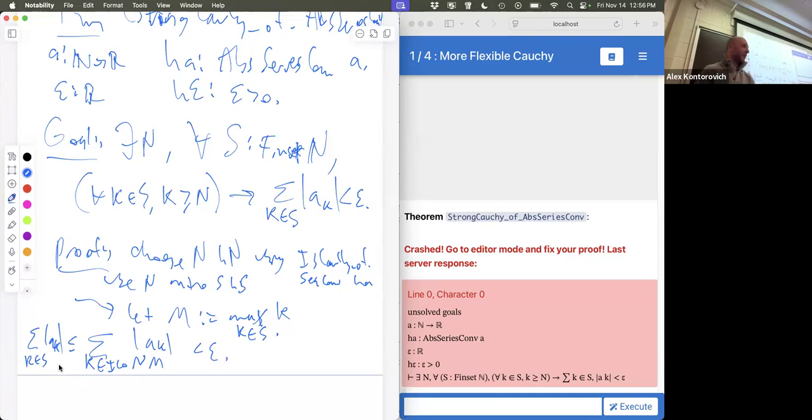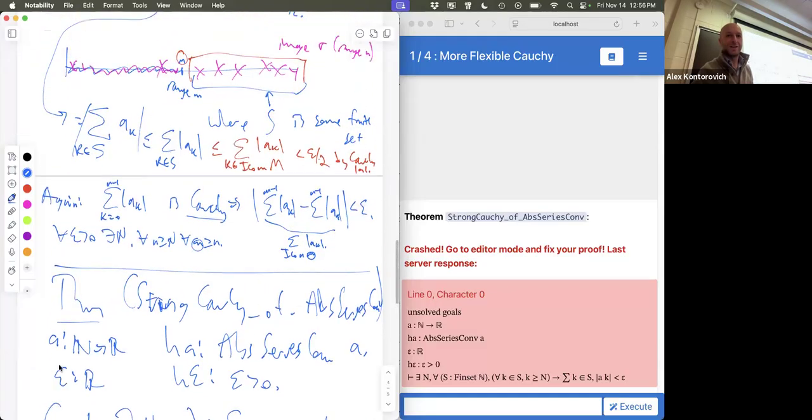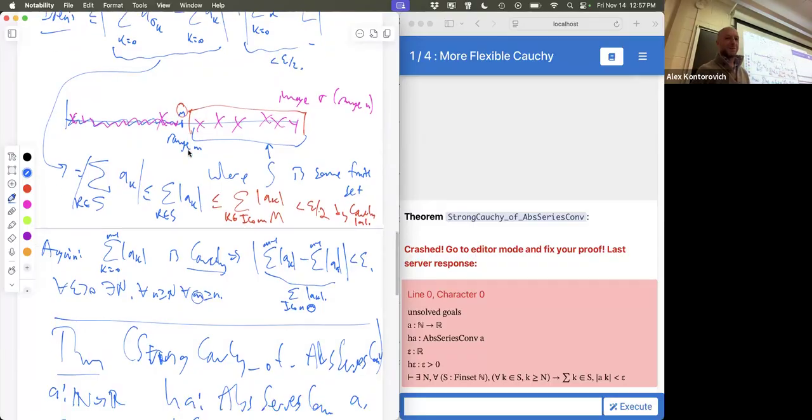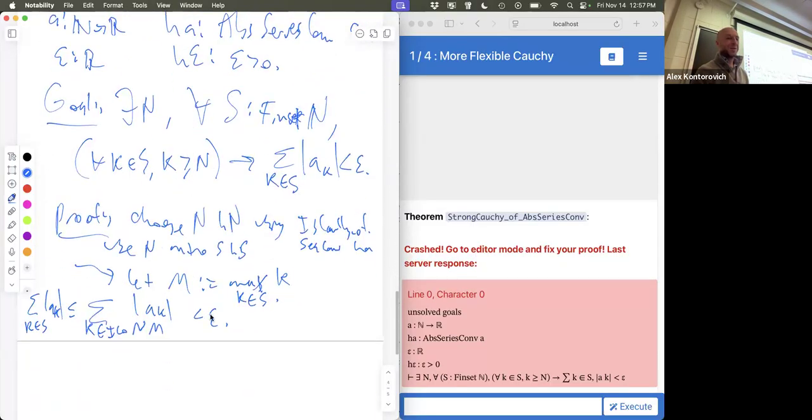Okay, so hopefully at least the natural language just makes sense. Brandon. What's that? Capital M is the largest entry of S. Okay. So I'm thinking of S as this red thing, or I guess red is the entire interval and purple is the part that's not in the initial. So I have some set, but it doesn't have any elements that are small. And I want to show that this will be less than epsilon.